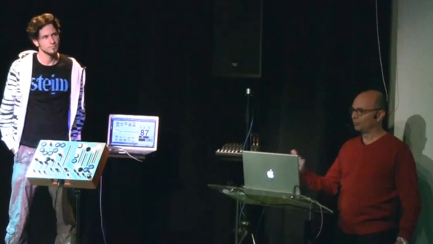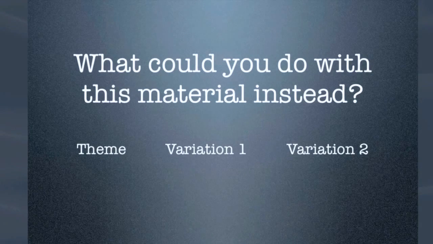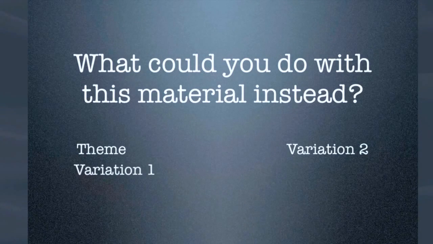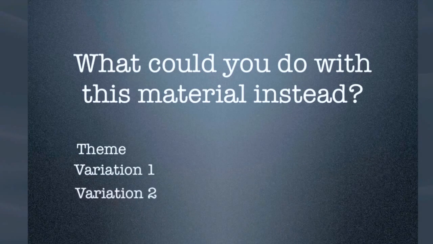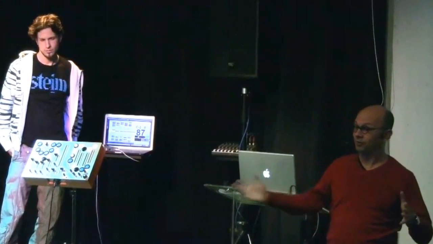Okay, what could you do with this material instead of putting it in a sequential format like this? Well, you could put them into layers, simultaneously existing layers. I guess the idea is the underlying structure of the theme and the variations, if you include the tempo as part of the underlying structure, not just the theme and the rhythm and the harmony, but also the tempo or the speed of it. That allows you to conceive of them as all sort of simultaneously existing in some bizarre parallel universe where every variation is playing at every moment, at every time.